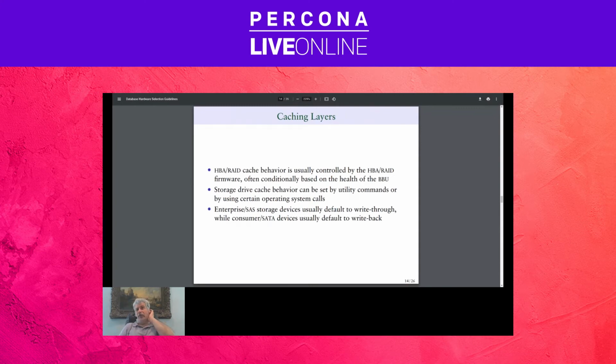Again, there are multiple caching layers typically in a server. There may be an HBA which has a cache, which may or may not have a BBU or a battery. There's going to be cache on the storage, whether it's a magnetic disk, an SSD that's NAND based, or an SSD that's DRAM based. There's typically going to be a cache there, and you need to understand whether that cache is battery backed or not. I'm going to show you some pictures in a minute to kind of figure it out, but effectively you have to now do your research, because most